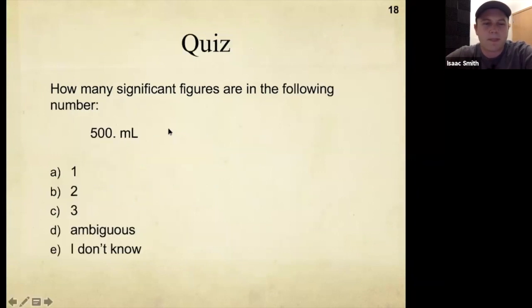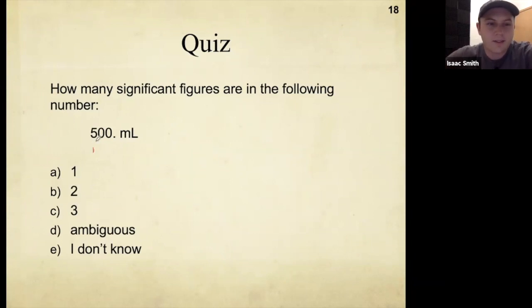Okay, so just a quick little quiz, see how we're doing. How many significant figures are in the following number? Okay, so go ahead and try this out. Okay, so here we go. So let me find my pen. Okay,